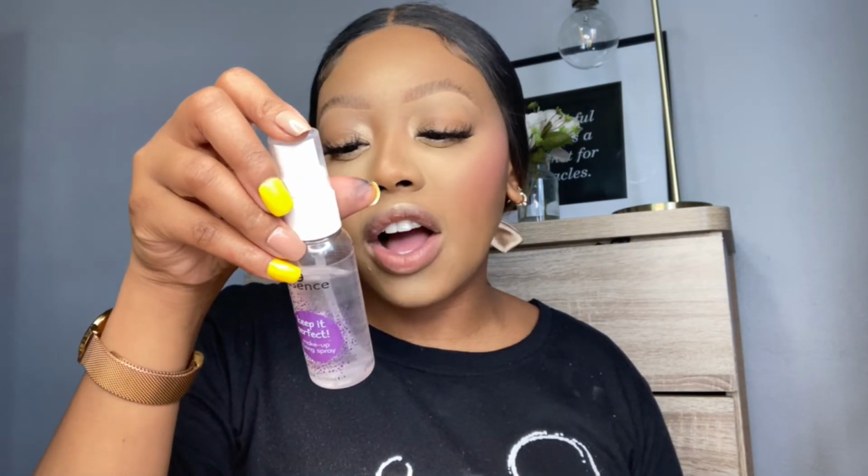Okay guys, so I have put on my mink eyelashes. They look so good. I just need to go in with my Keep It Perfect makeup fixing spray. It says the light refreshing spray fixes and protects reliably the makeup without leaving a sticky feeling on the skin for all skin types. They have a mattifying one, but this one is the hydrating one, which I like for my dry skin. So I'm just gonna go